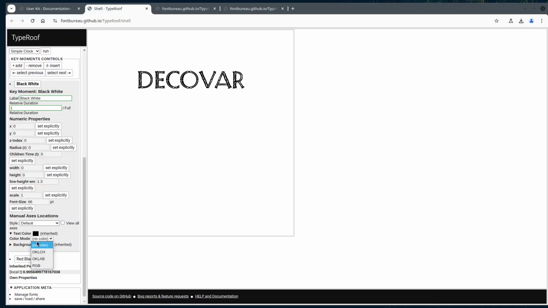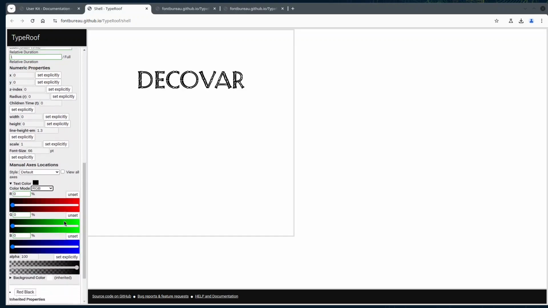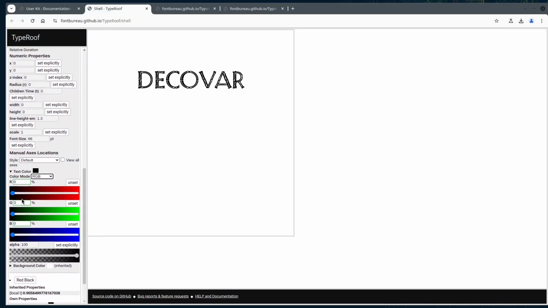But I can choose to define a color myself, and there are different color models, color modes, which I can choose from. RGB is the best known one. They get 3 components and an alpha component, which I'm not going to show, which I can set explicitly, and now I have an RGB. Oh, they were set explicitly already. Now I have an RGB color